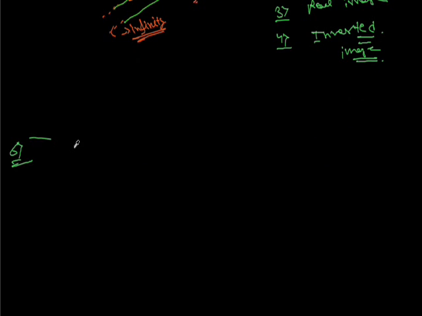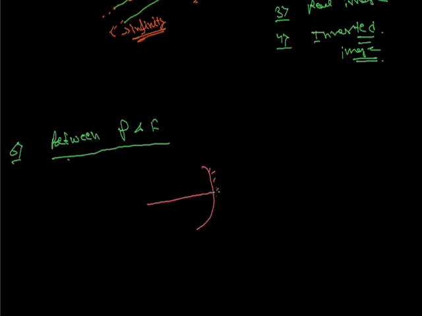Sixth position, when the object is placed between pole and focus. This is the concave mirror, and this is the center of curvature, this is focus, and this is pole. Now the object is placed here. Use rule number 1. When the ray is parallel to the principal axis, it will pass through the focus, in this way, and after reflection it will be in this way. And rule number 2 we cannot use because the ray will not pass through the focus, so we have to use rule number 3.